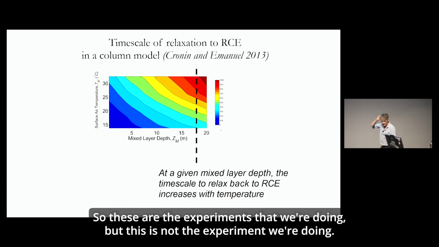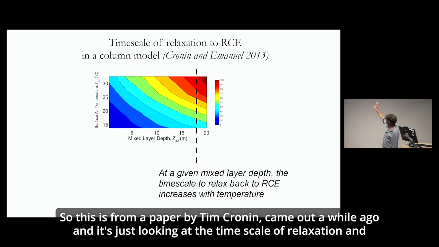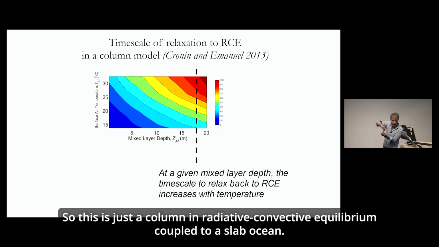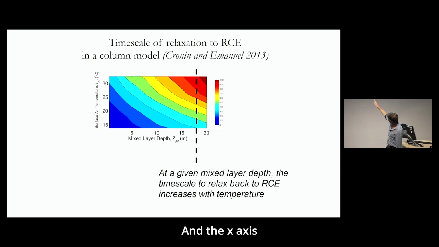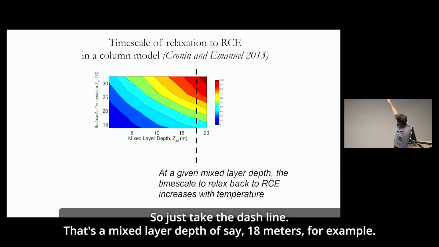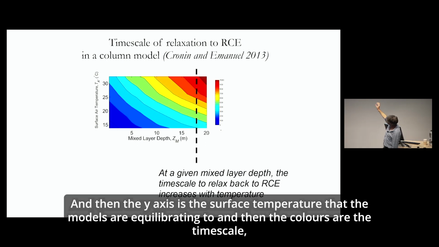These are not the experiments that we're doing. This is from a paper by Tim Cronin, which came out a while ago, looking at the timescale of relaxation of a radiative-convective equilibrium column coupled to a slab ocean at the bottom. On the x-axis along the bottom, they're varying the mixed layer depth. So just take the dashed line, a mixed layer depth of, say, 18 meters. The y-axis is the surface temperature that the model is equilibrating to, and the colors are the timescale in days